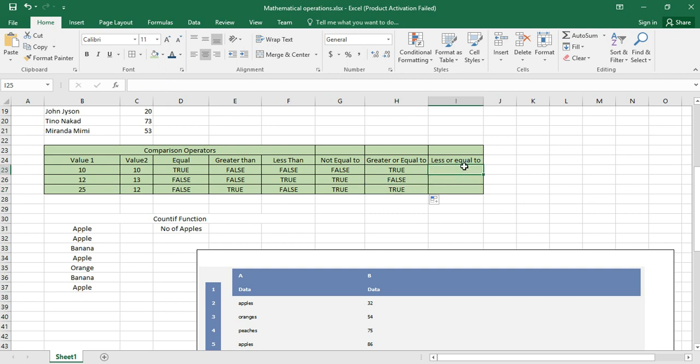Less or equal to, type an equal sign there. This equal sign is used every time I'm typing a formula. So here I say that, then